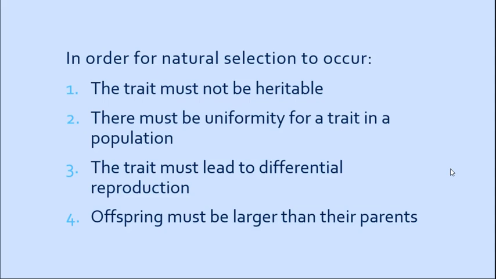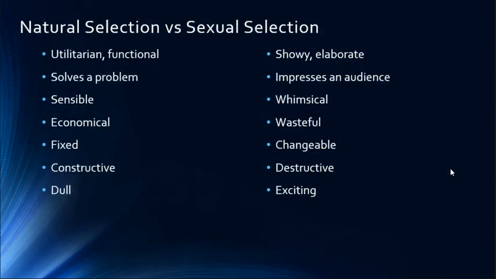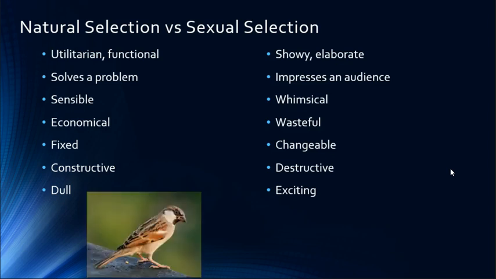or that trait. All right, now, there are really two things that are going on though. We've talked about natural selection, and these are things that are for survival, right? So natural selection is going to act on things that make individuals better suited to an environment, and then of course the population changes over time. These traits are going to be functional, economical, constructive. They are going to do something that helps the individual survive, right? Camouflage is a really good example.